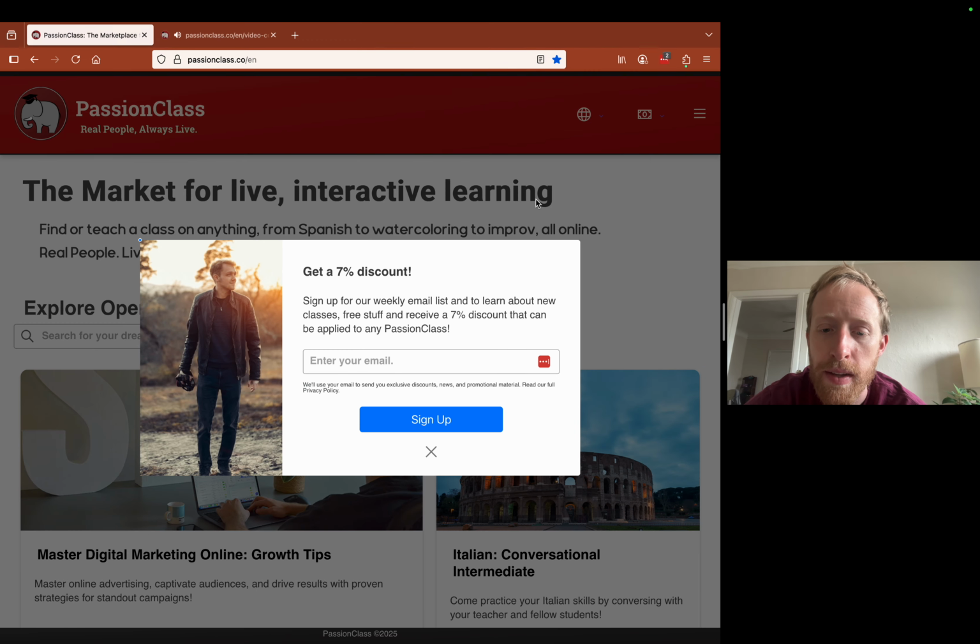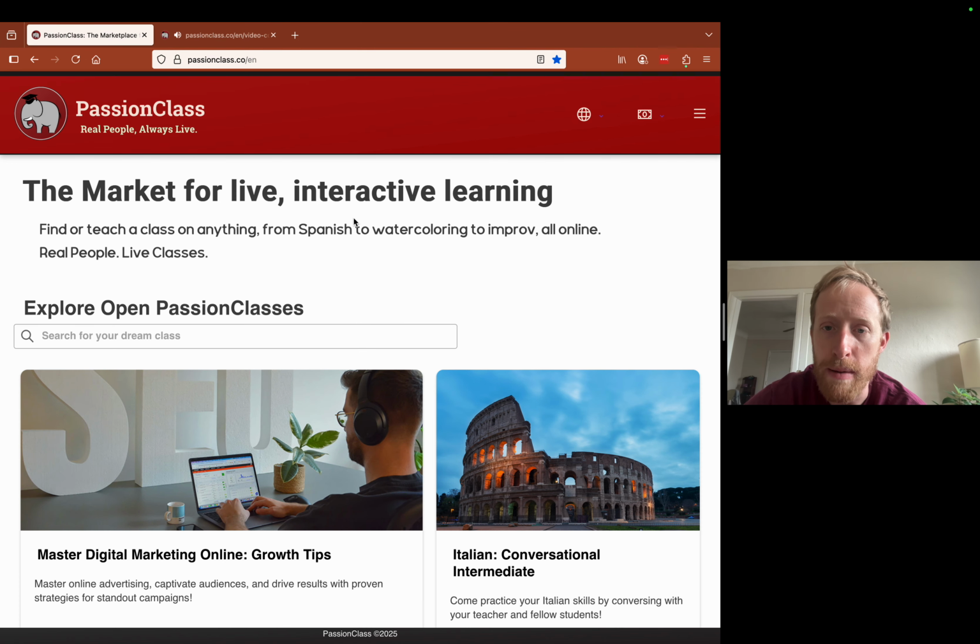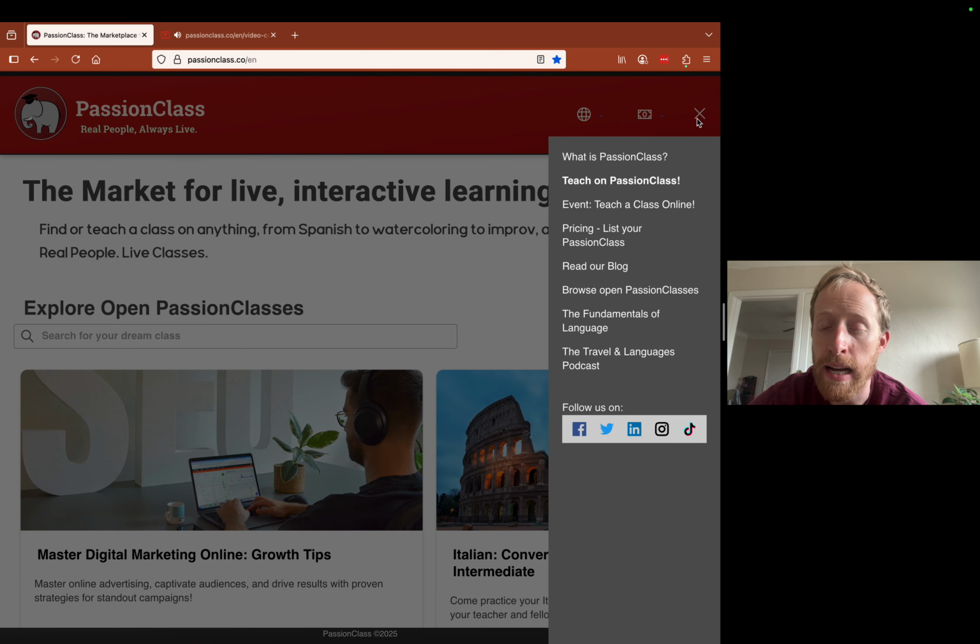The header is not just a red bar, but it actually has different elements in it. It's got this logo element, it's got this title and the subtitle, it's got a languages menu, it's got a currency menu, and it's got, I don't know what you want to call this, a full page menu.